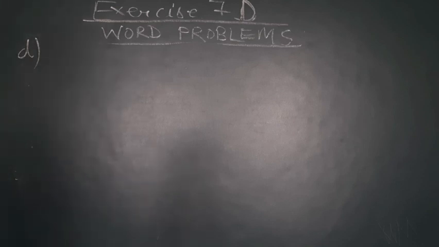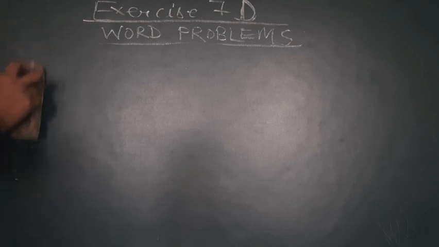Okay students, so again that is the same question. You will frame the statements on your own. Ice creams sold on Thursday is equal to 55, ice creams sold on Friday is equal to 60, ice creams sold on Saturday is equal to 62, ice creams sold on Sunday is equal to 43, and the average number of ice creams sold per day is equal to 55 plus 60 plus 62 plus 43 upon 4. This question is also your homework. Do it on your own in your maths homework copy.